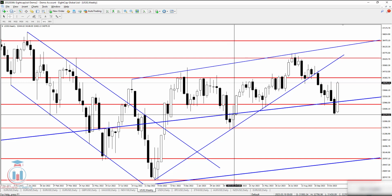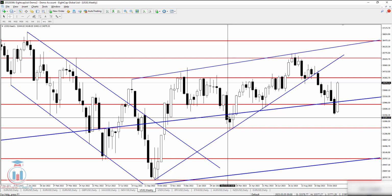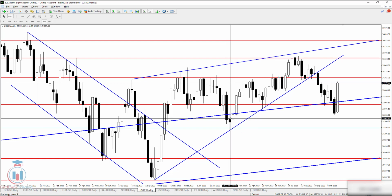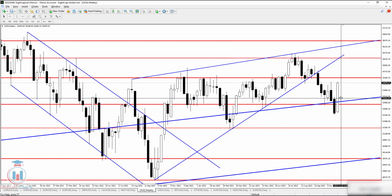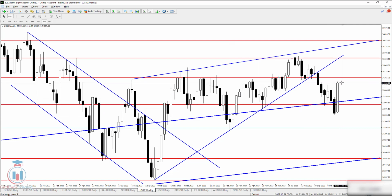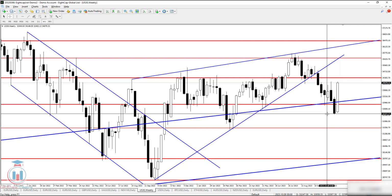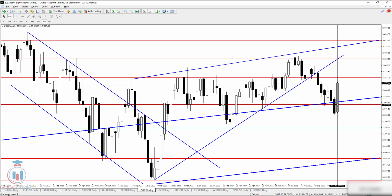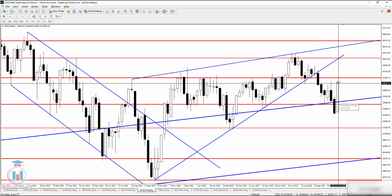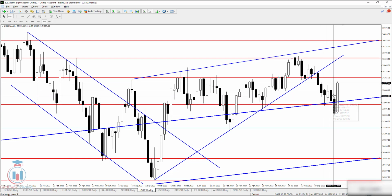But we can see very important levels are also this one here. We can see it here on the weekly time frame that has also a confluence of support and resistance between these two candles and also these two candles. So the price has gone down and then reverses back up. Something very important has happened on the market where the price did not make a retrace up to this one and then continue to fall down, but the price has made a breakout to the upside, going inside this area,